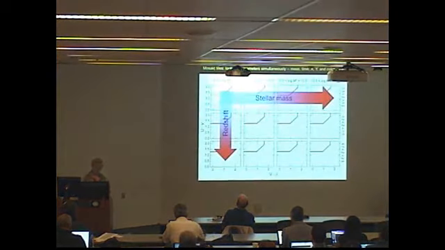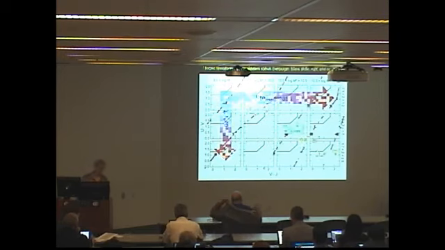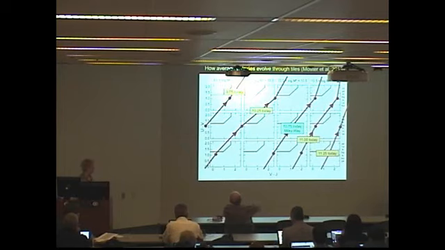We found it useful to use this coordinate system for plotting. So each individual panel here is an XY plot, and we arrange them in this grid. Stellar mass goes this way, and redshift goes that way. And when you have a grid of plots like that, then you can put evolutionary tracks on them like this. And so these tracks tell you what the average galaxy is doing as a function of time. And what you need to keep in mind, very roughly, is that galaxies tend to evolve at a 45-degree angle